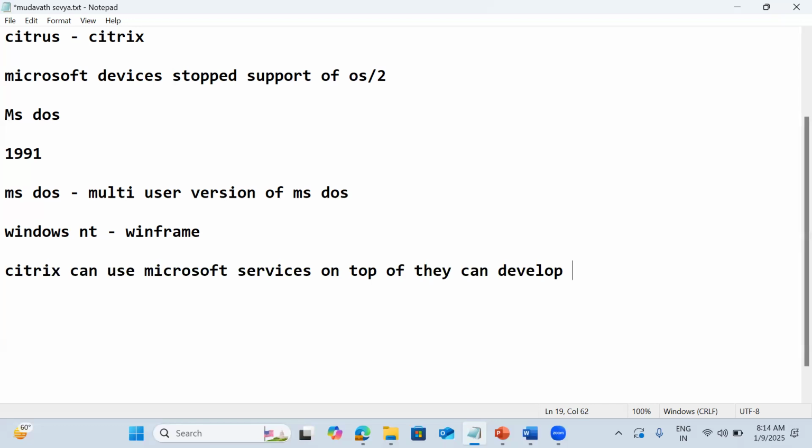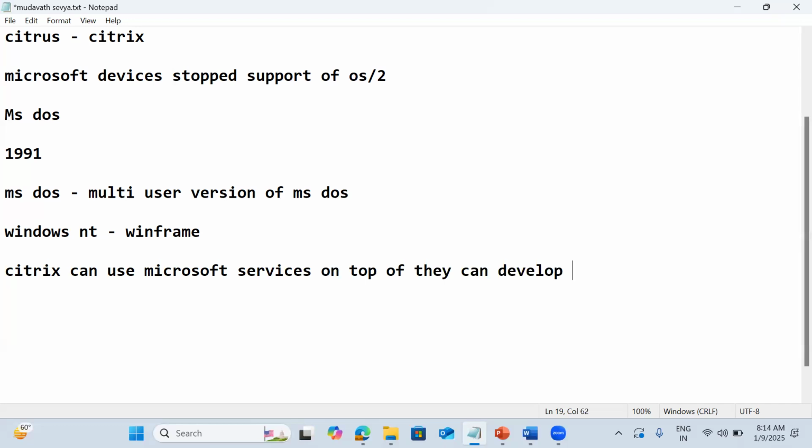Everyone understood Windows was going to retain and rule the market. Citrix didn't want to lose the opportunity only for the money. They were going to get a huge amount of money by giving WinFrame to Microsoft, but on top of that they had a very big roadmap.